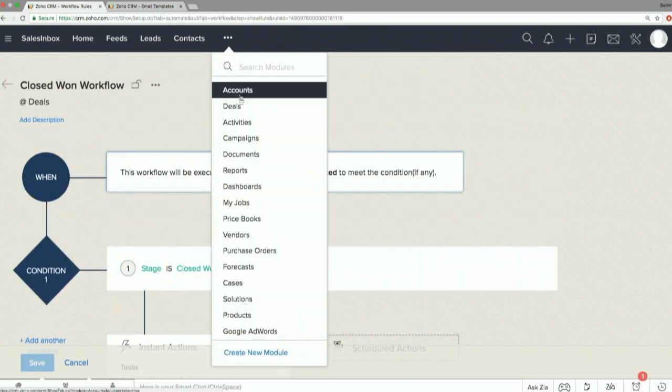So let's just go over to one of my deals. I'm going to go ahead and go to just one of these and hit closed won right over here and hit save. Now if I go ahead and refresh this real quick, you can see that that activity has been created right here, and it's assigned to me. And then if I go over to my contact for this,